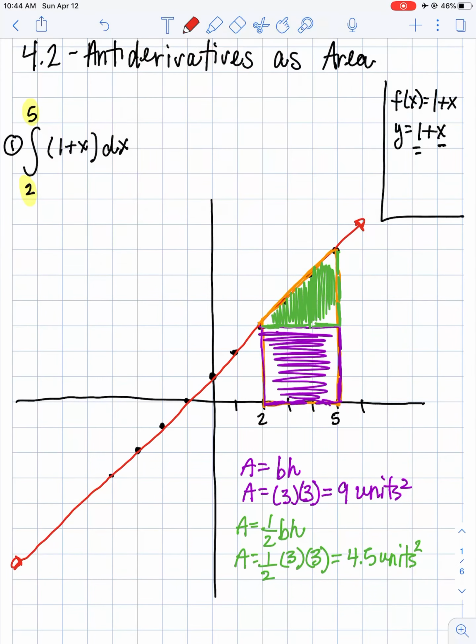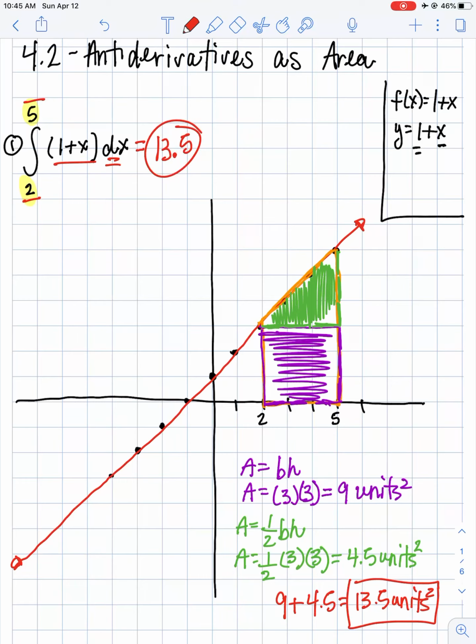If I want to find the area of the entire figure, then I need to add those two areas together. So if I add the two areas together, I get 9 plus 4.5, which equals 13.5 units squared, which means the integral from 2 to 5 of 1 plus x with respect to x